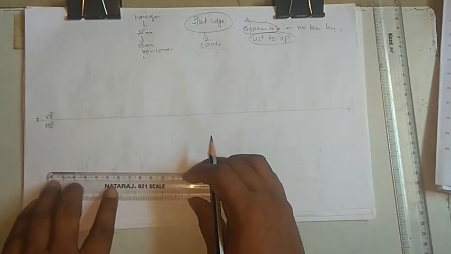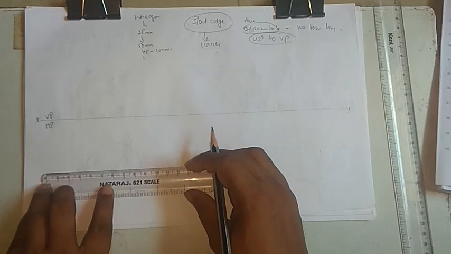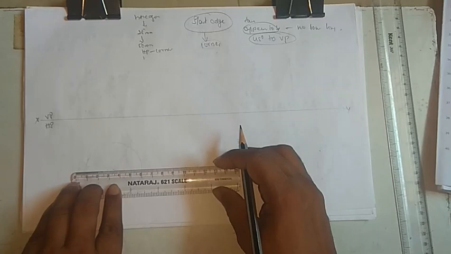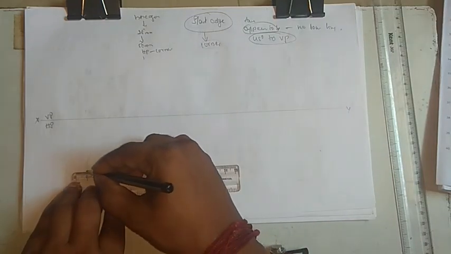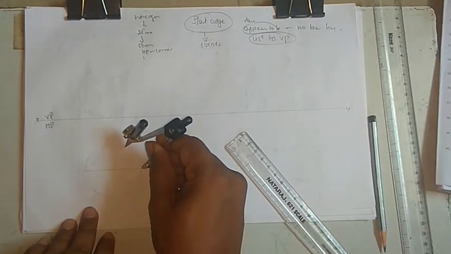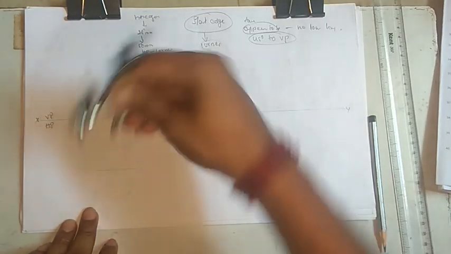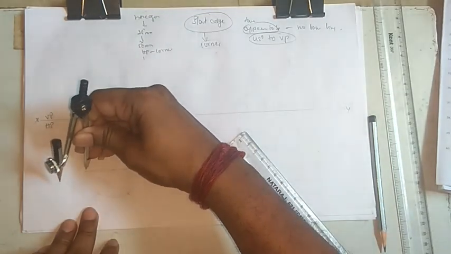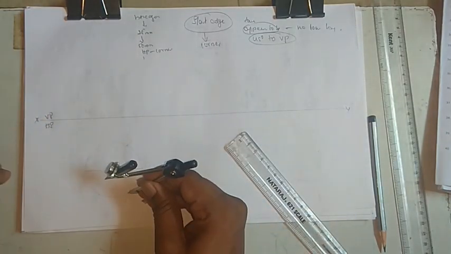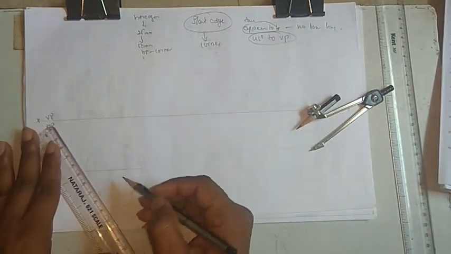On the corner means, whenever we are going to have a corner, you have to take a horizontal line. Then from here you just cut the arcs from the ends. When this one is done, you can just